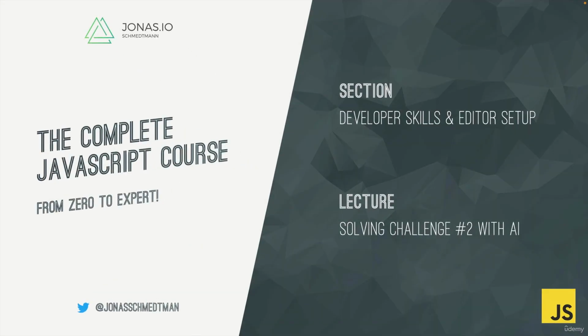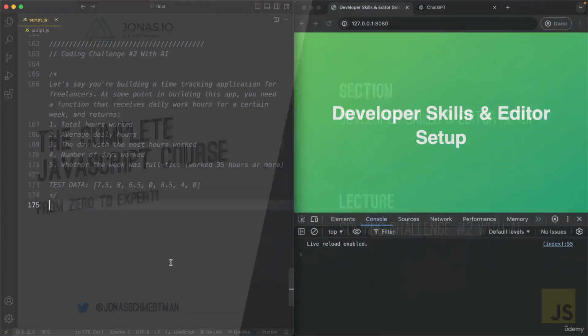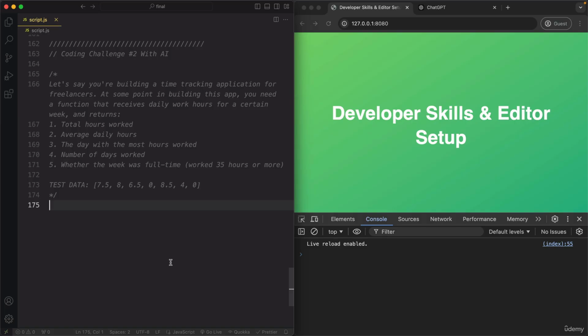So in this lecture, we're gonna work on challenge number 2, but this time we're gonna actually solve it using an AI assistant, just so you can see how we could use the process that we just learned about in practice. So let's say that you're building a time tracking application built for freelancers. And at some point in building this application, you need a function that receives daily work hours for a certain